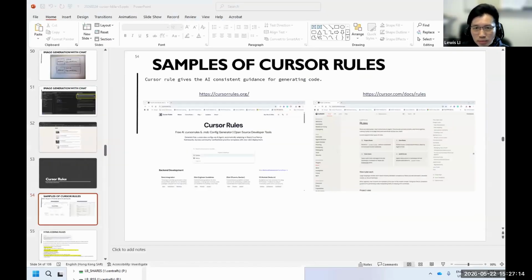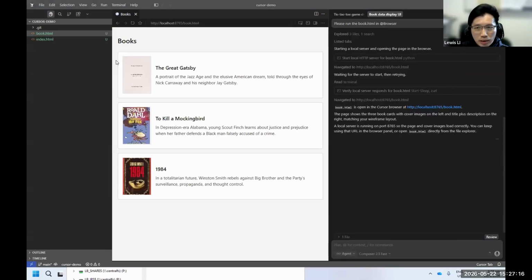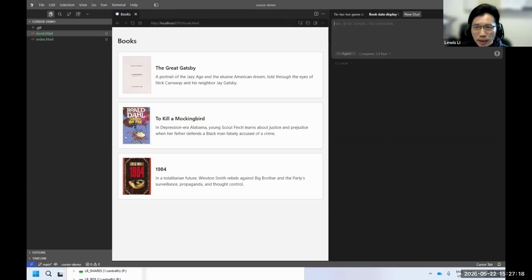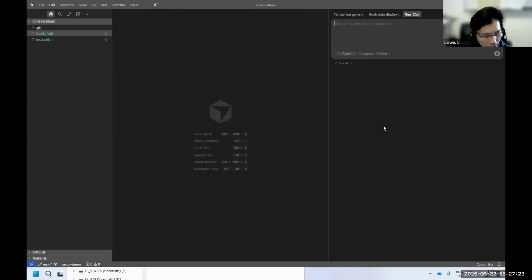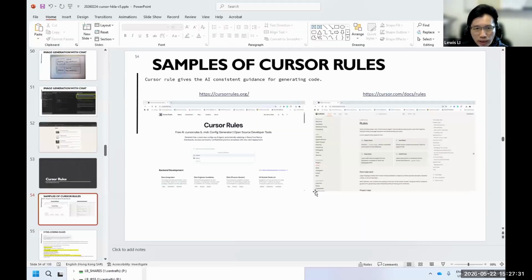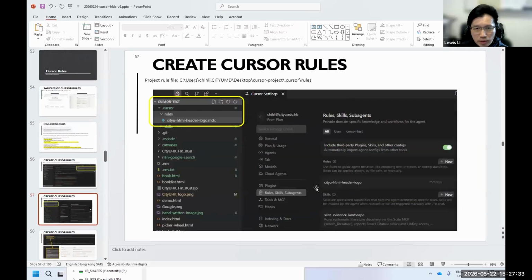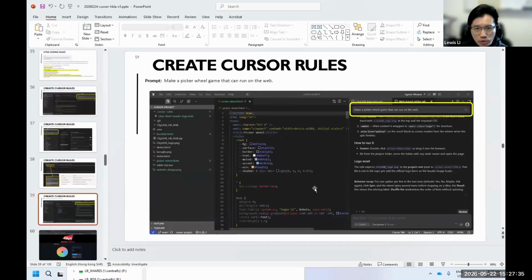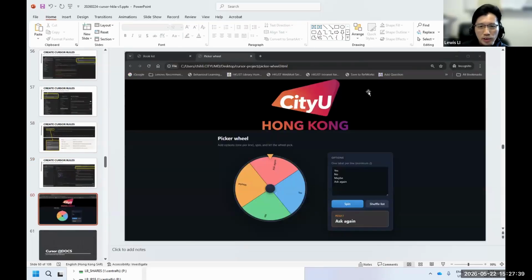Okay, let me start a new one. Start a new cursor and close this window. What I'm trying to do is create a rule so that every time I ask the cursor to create a page, it includes the CTU logo at the top.